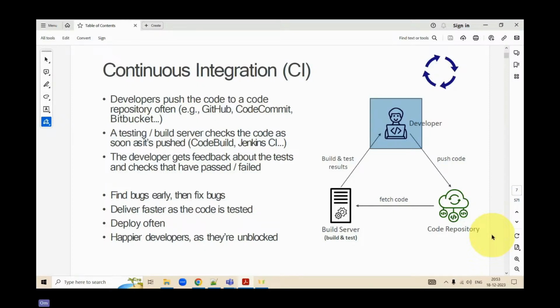The moment this build server builds and tests the code, the result is sent back to the developer as a confirmation. So now the developer knows that my code was duly built and it has been tested. That gives him 100% conformity that in no case, now or from now on, can an error come in my code. Okay. Fine. That is what I was referring to.